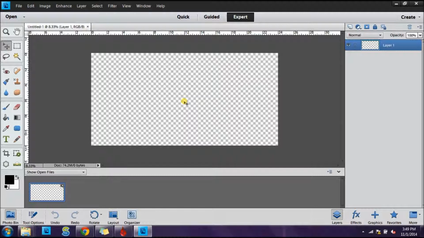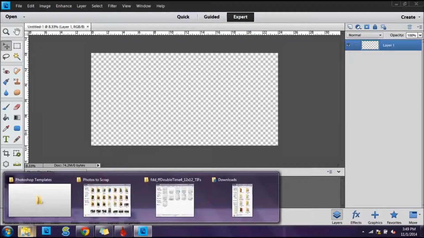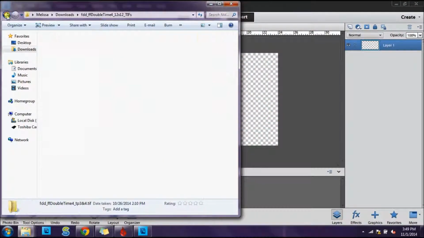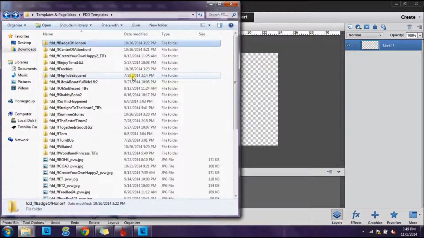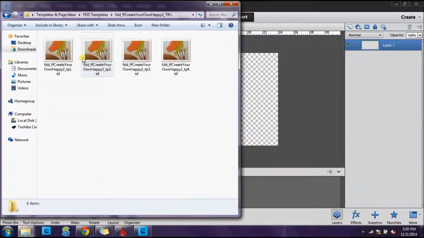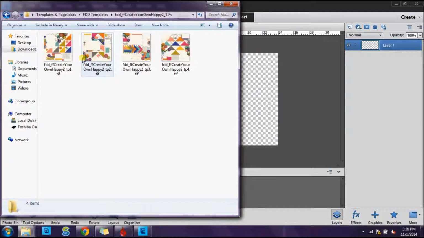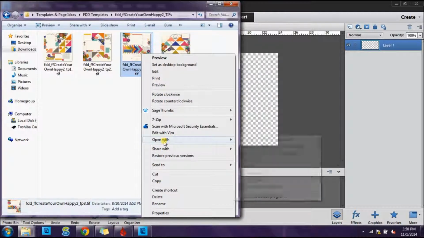Now you have two choices. You could use one template twice for both sides, or you can pick two separate templates to put together to make your double page spread. So let's go ahead and look at a template that I kind of already have picked out. And it is from the Fiddle-Dee-Dee Designs Create Your Own Happy pack. And I was thinking that this template would be really nice to use twice. So we're going to have it on both sides of the layout. So if I open this up in Photoshop,